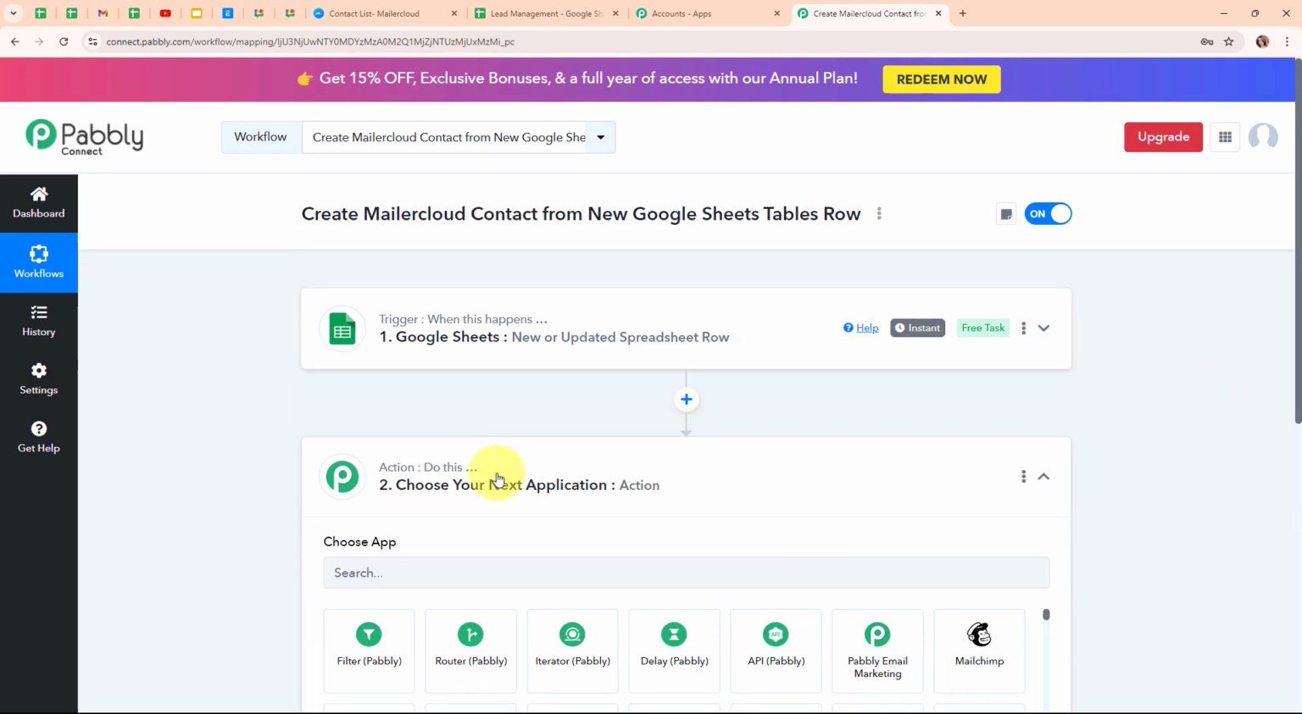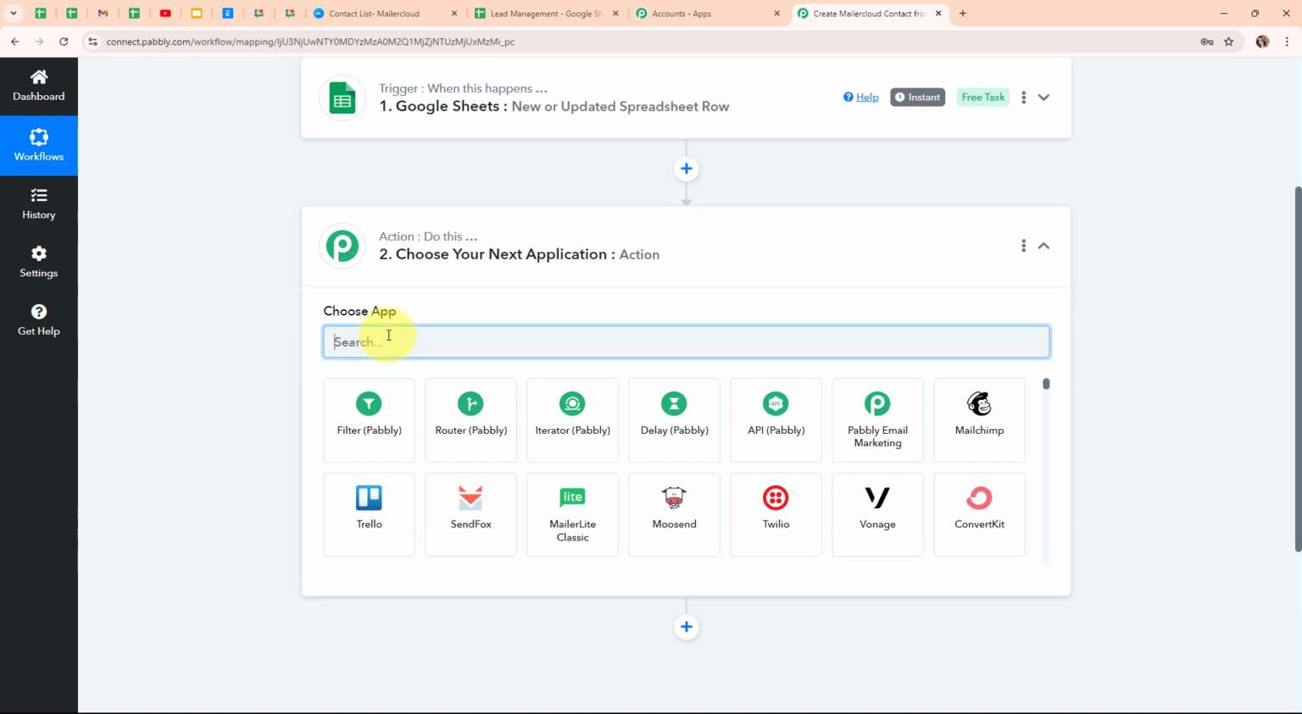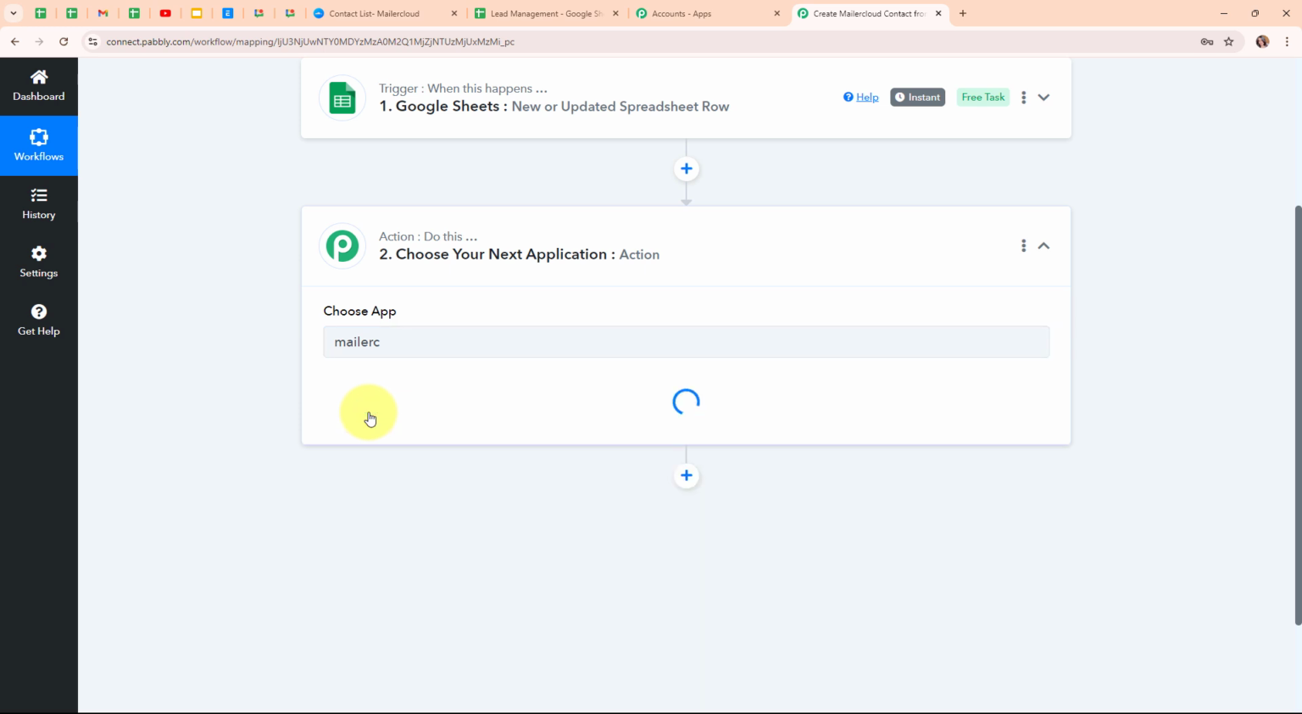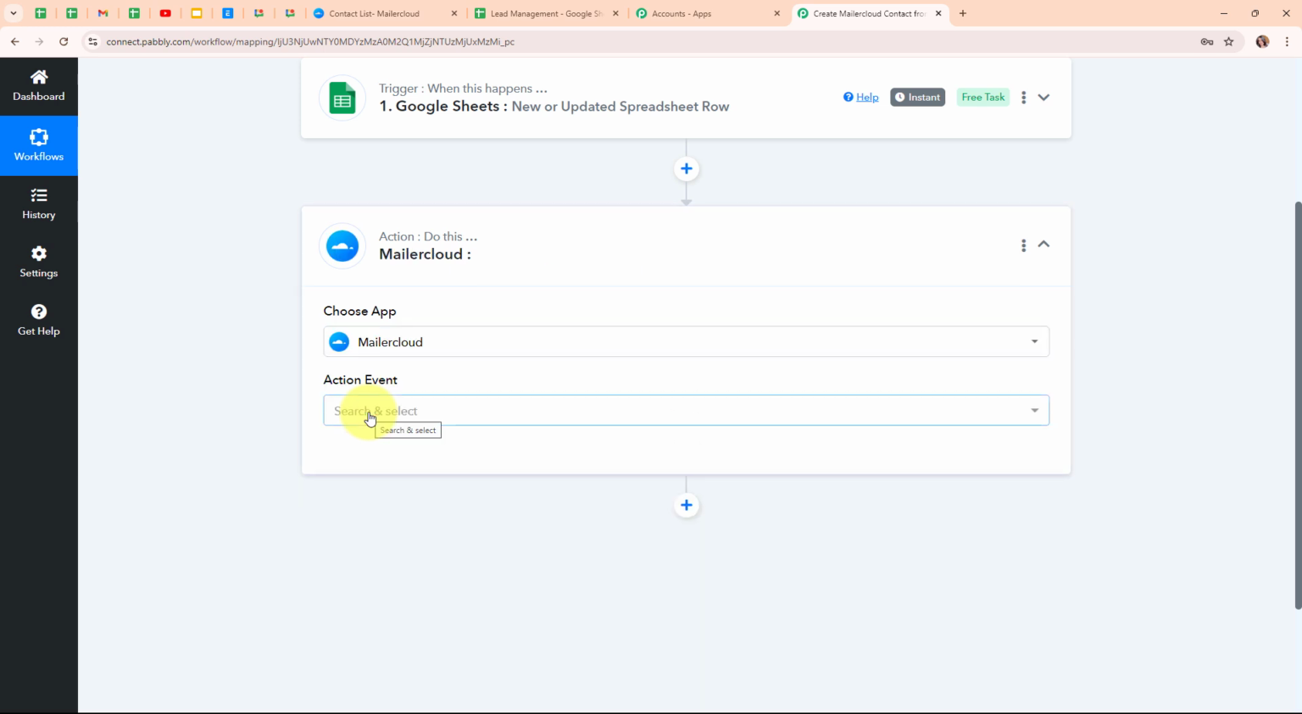Now let's move to the action step, and here I'm going to select my action application as Mailercloud. Mailercloud is an email marketing tool that helps businesses create, send and manage email campaigns. It offers features like email templates, automation and analytics to make it easier to connect with your audience. People use Mailercloud because it simplifies the process of designing and sending emails, tracking their performance, and helps improve engagement with personalized content. It's a handy tool for anyone looking to enhance their email marketing efforts and build stronger relationships